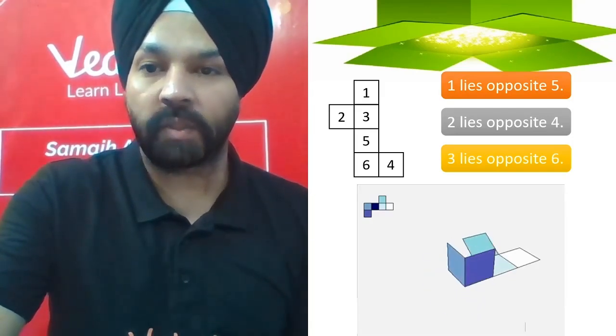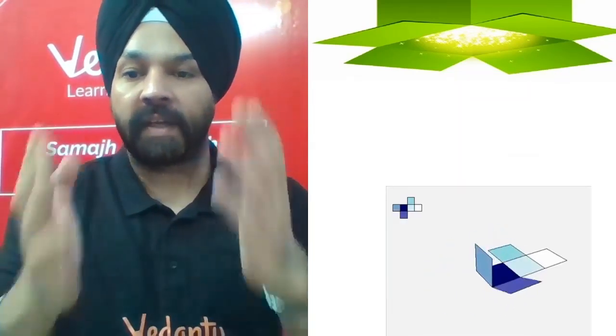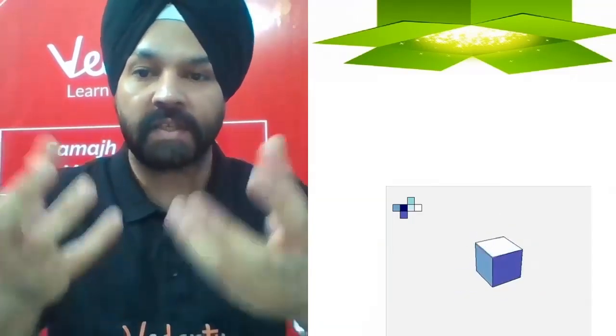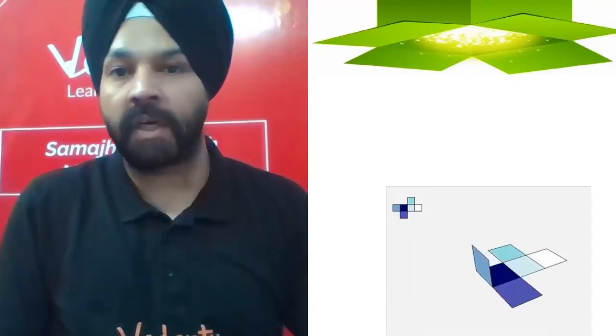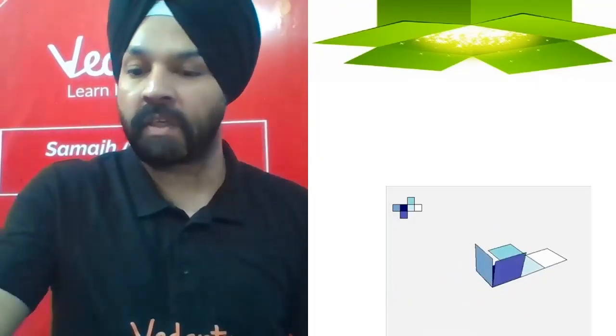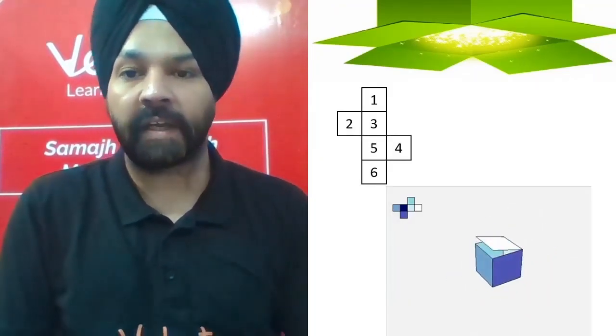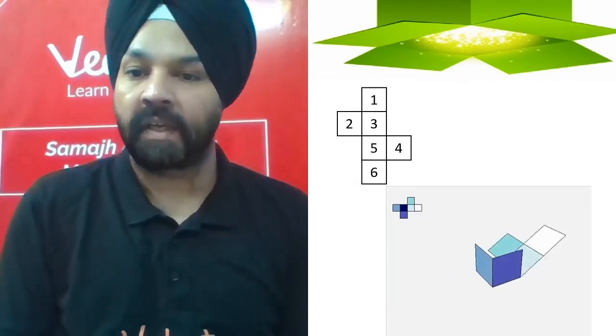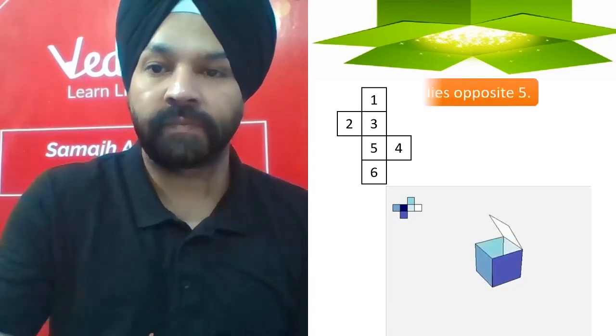Let's move on to the next one. Now next one is again a very beautiful diagram, and you can easily see how this diagram is transforming to form a cube. I will place some numbers on it. Again, numbers are there, and I can see there is a parallel track of 1 3 5 6, and we have got 2 and 4.